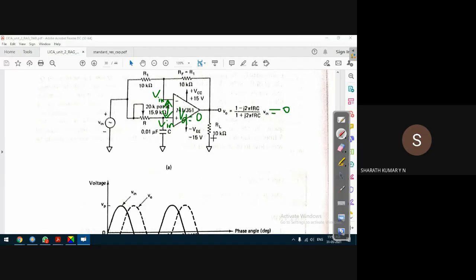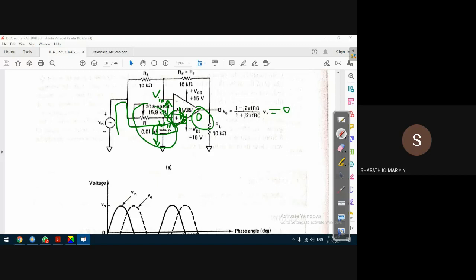It is not so. Why? Because at the non-inverting input terminal there is a capacitor. What this capacitor does is, it will charge to this input voltage. Because of that, it will start discharging to the non-inverting input terminal. Thereby, the difference voltage is no more 0 volts, and the phase shift is because of the phase shift provided